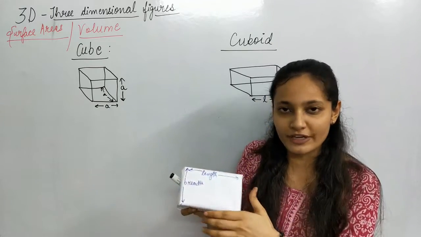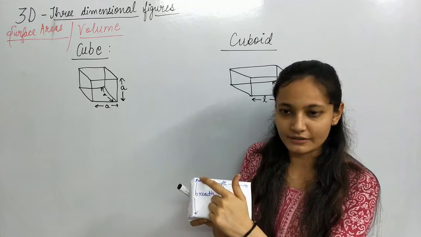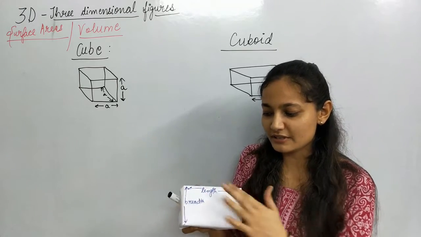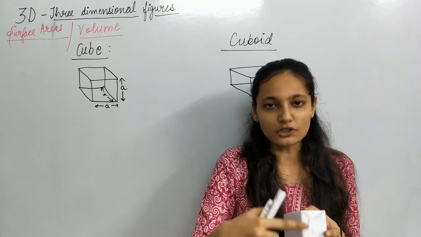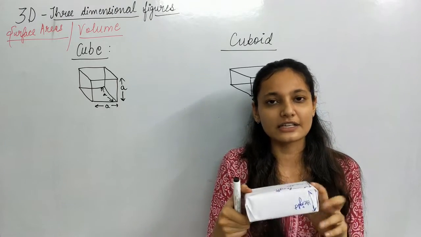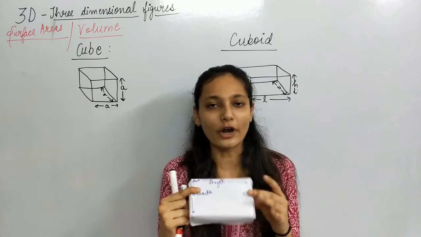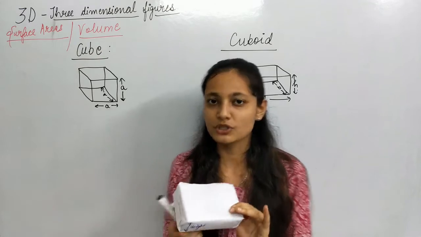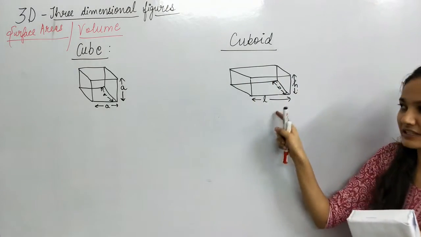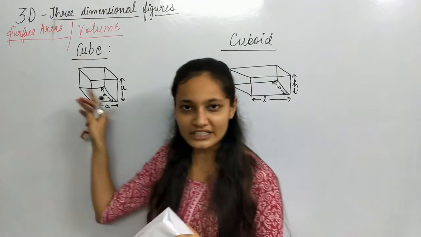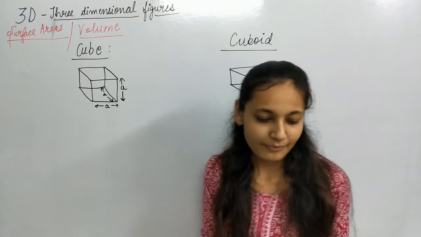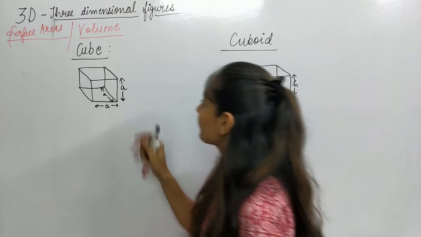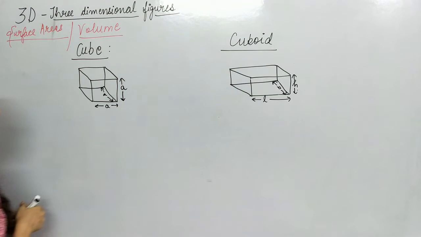If you see the surface, this is length and breadth. That means this is a rectangle. This side is also a rectangle, and this side is also a rectangle. So this cuboid has 6 faces and all the 6 faces are rectangular in shape. Here in the cube all the 6 faces are square. Okay. So if this is a cube, then